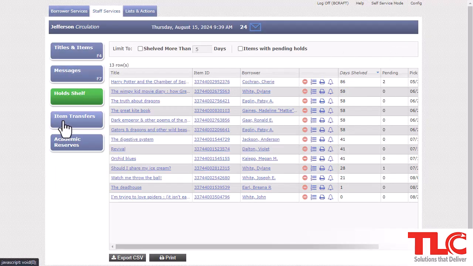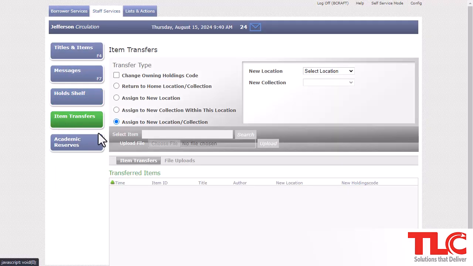Next up, let's look at item transfers. In the item transfers section, you can change holdings codes, whether you want it to be the owning holdings code or the circulated by holdings code, and you can also change locations for items. So on the top of the list right here, you have change owning holdings code. So if you would like to make more of a permanent change to an item, then you can select this checkbox. If you're changing something temporarily, such as moving an item into a display collection, then leave this deselected so